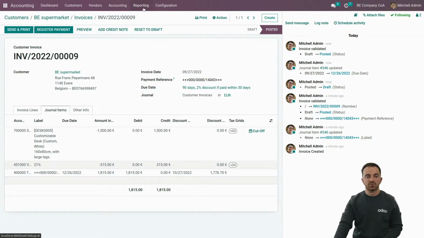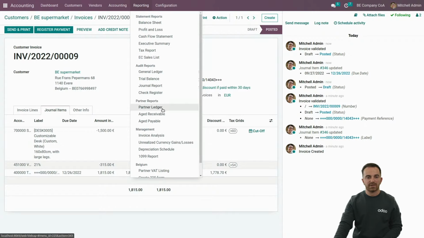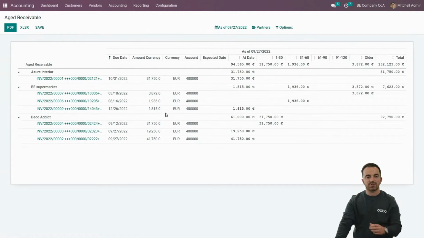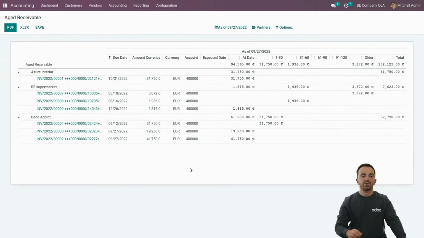Time to move on to the partner reports. If we go to the reporting menu, we will have here the aged receivable and the partner ledger. I will start with the aged receivable. And as you can see here, I have all the information related to my customers' overdue invoices, or not due actually, because as you can see here, there are some invoices at date, and then there are some which are